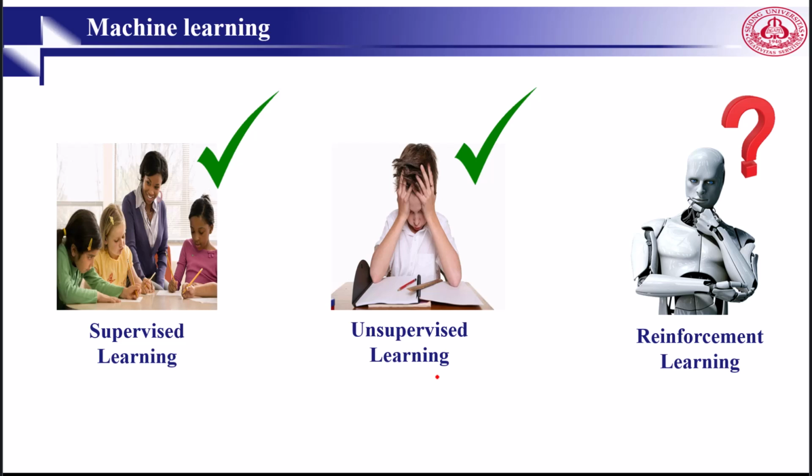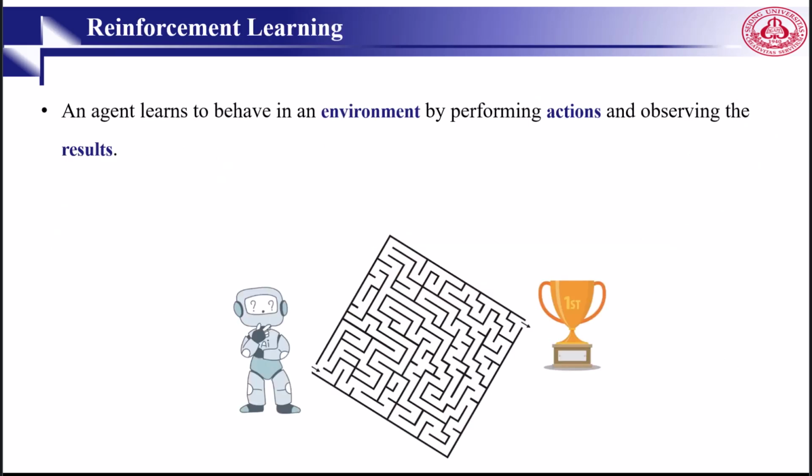Then we have reinforcement learning. The goal of reinforcement learning is for the agent to learn to make sequential decisions in an uncertain environment. How? By mapping the different environment states to actions, and the goal is to maximize long-term rewards. Reinforcement learning is unique because the goal is not merely to predict, but to determine which actions produce desirable outcomes.